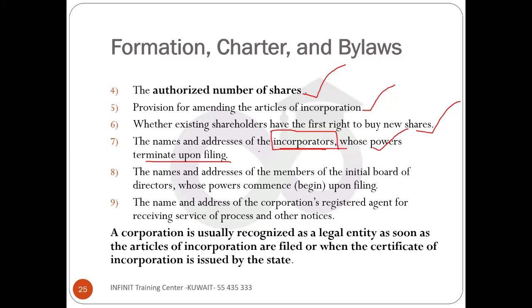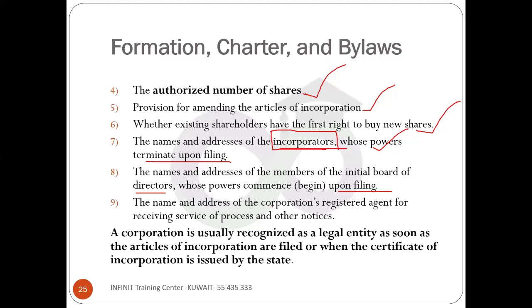The names and addresses of the members of the initial board of directors whose powers commence upon filing. So once the company is incorporated, the powers of incorporators will go away and the newly selected board of directors' powers will start,